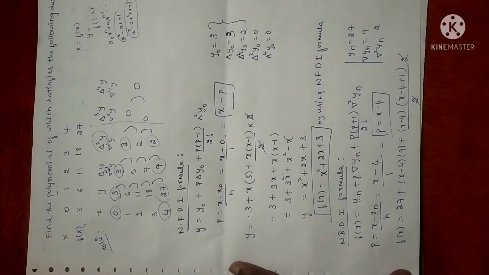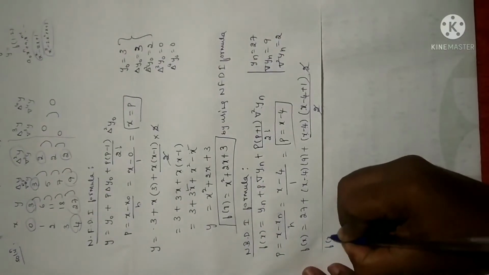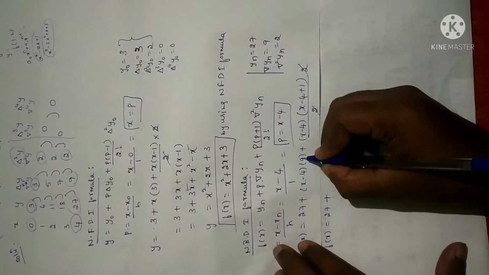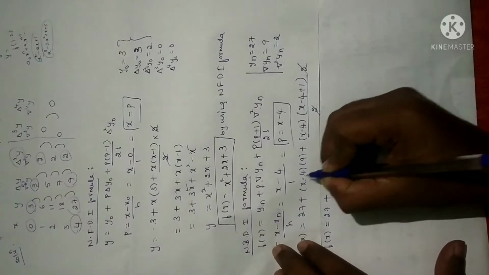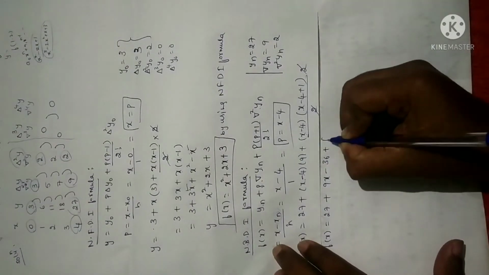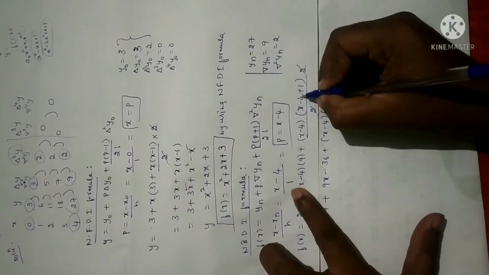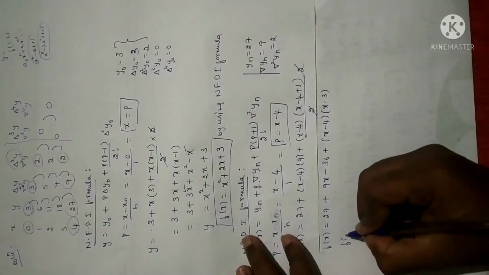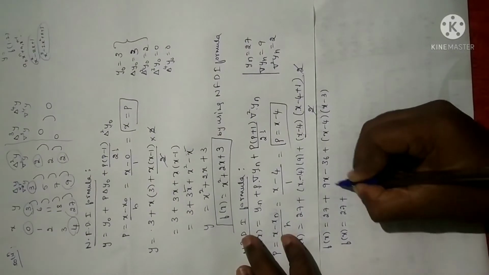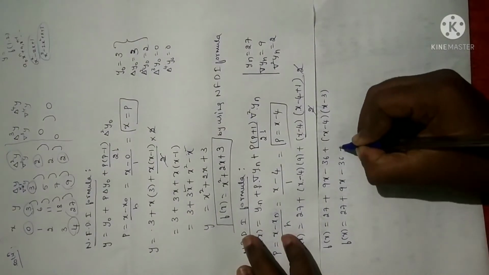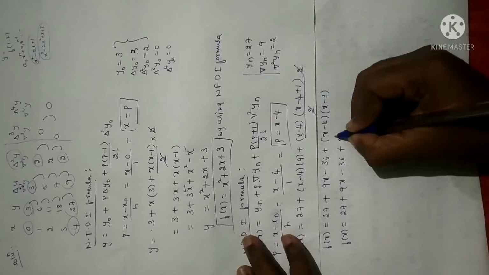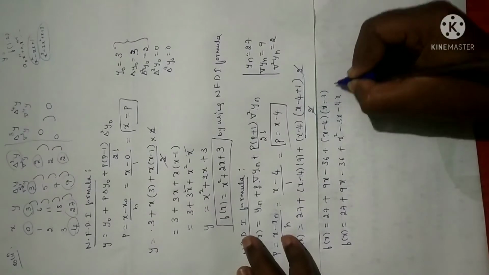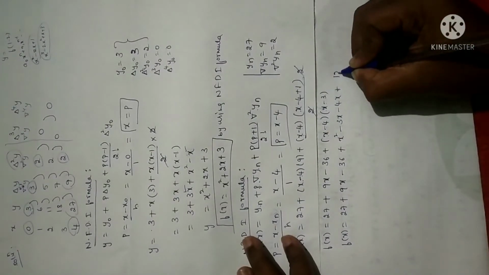Now let me simplify this polynomial. I'll just rewrite this step so that you will get f of x is equal to 27 plus, I'll just multiply this, you will get 9x minus 4 nines are 36, plus, I'll just rewrite this, x minus 4 into minus 4 plus 1 is minus 3. So you will get x minus 3. Again let me simplify. So you will get f of x is equal to 27 plus 9x minus 36 plus, let me multiply x into x is x square, minus x into 3 is 3x, minus 4x, minus into minus is plus 4 threes are 12.